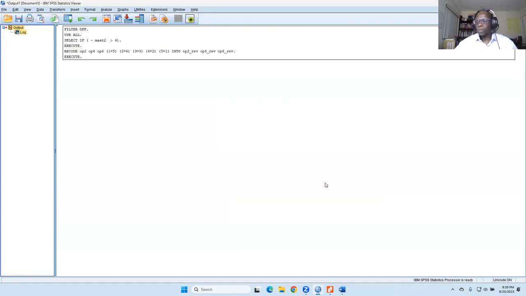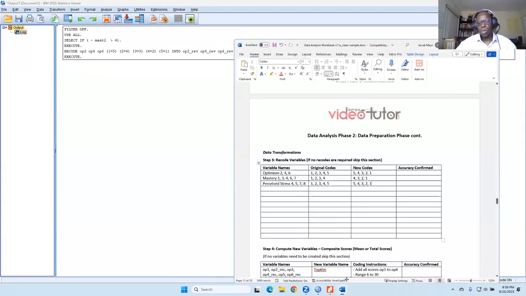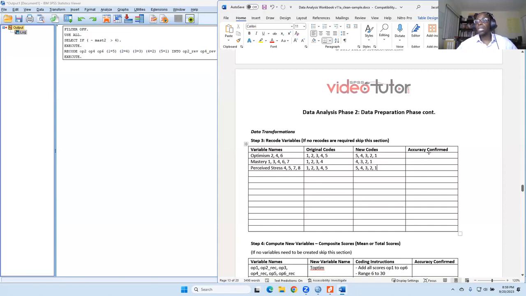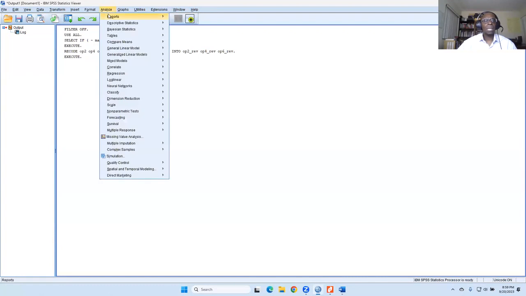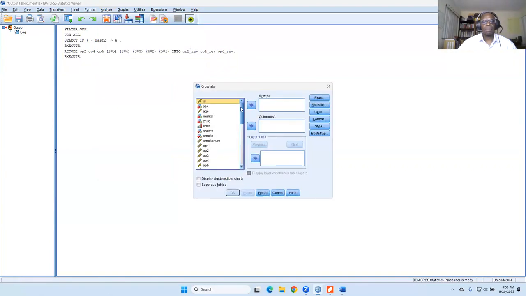Okay. Now, you will notice on here it says accuracy confirmed. Here is how we are going to confirm the accuracy, and you always want to do this. We're going to run a crosstab on the original and the new one. So we're going to go to analyze, descriptives, and then crosstab.